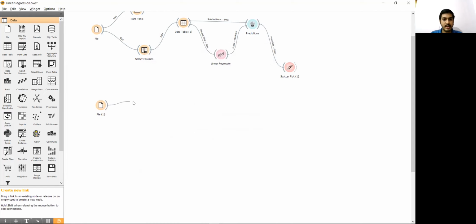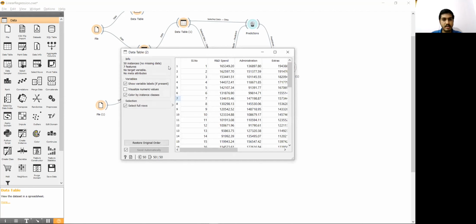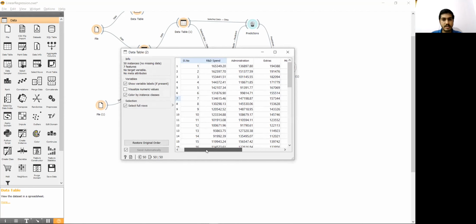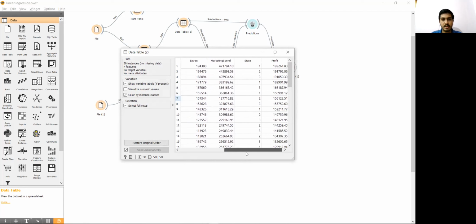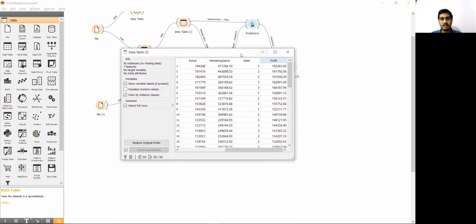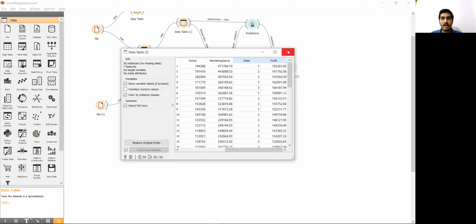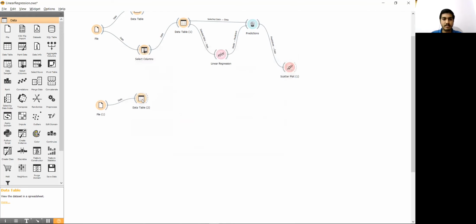Now to view the data, let us select the data table. So here we could see serial number, R&D spend. The state column shows a categorical value and not a continuous value. So this won't be much use to predict the multiple linear regression output. So we have to avoid that column when doing the regression analysis.